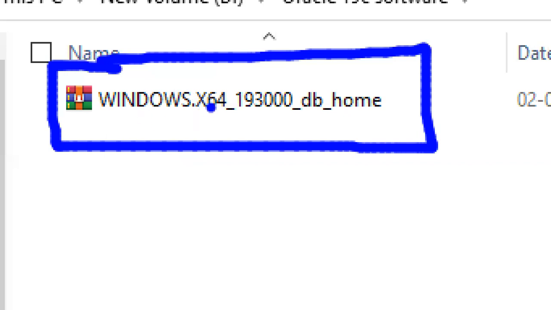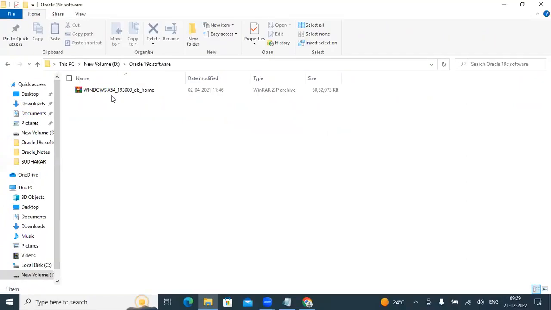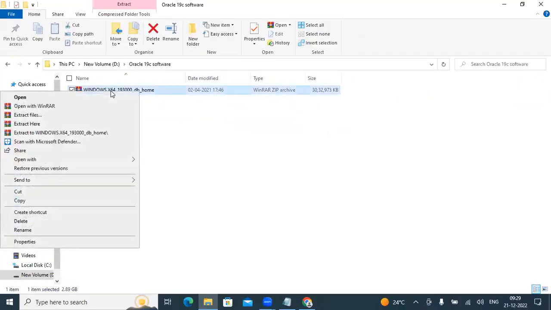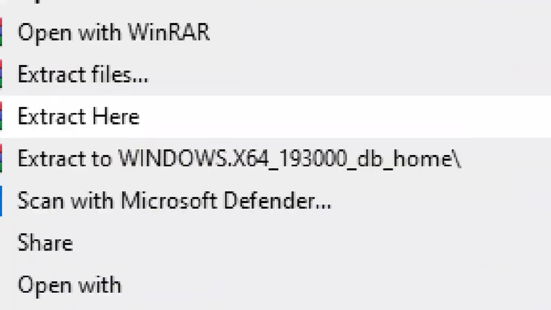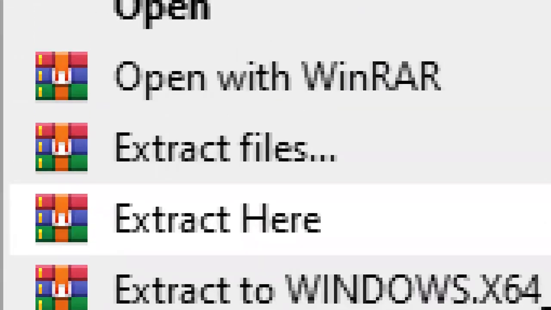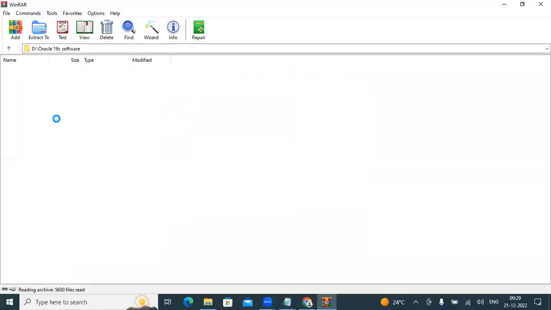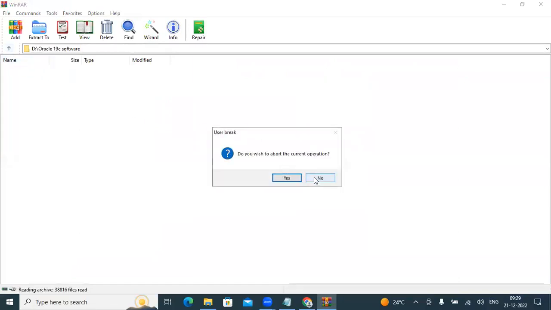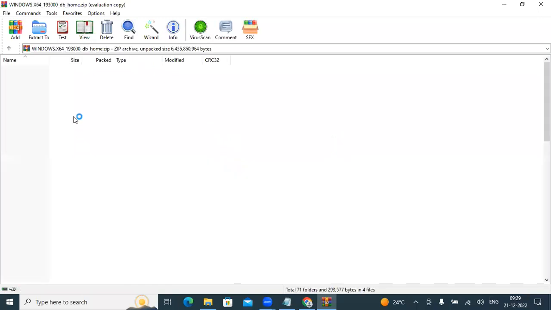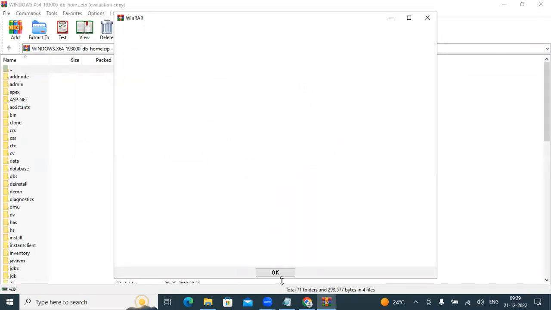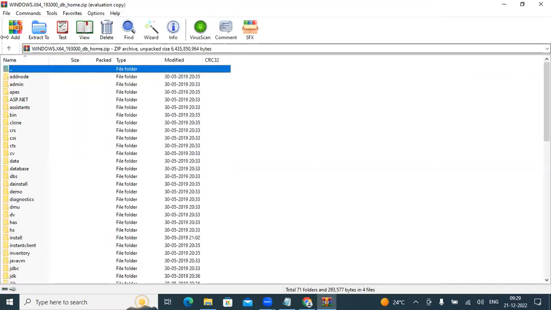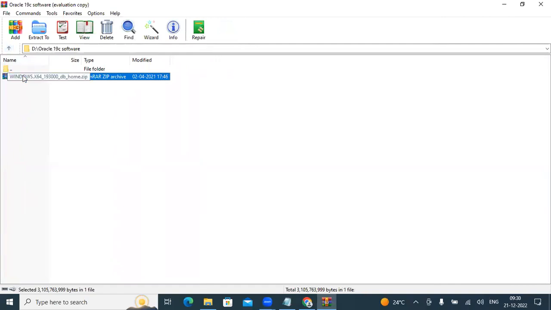You will get the Windows 64-bit software. After getting this folder, you need to extract it. So how to extract here? Select this file and you have the extract files options there now. Any option you can use. Okay? Right. So after using this,